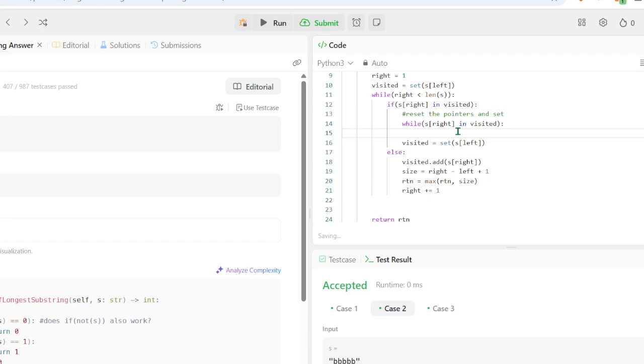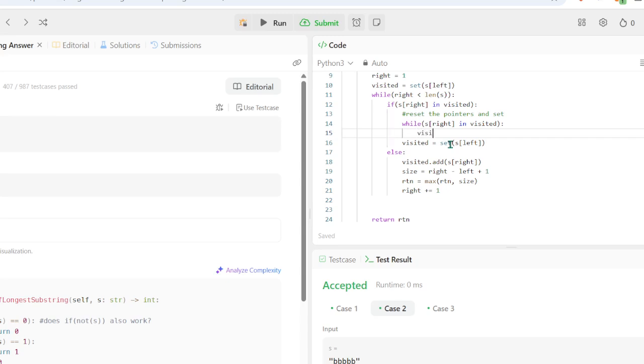We basically need to remove L from the set and then increment it.